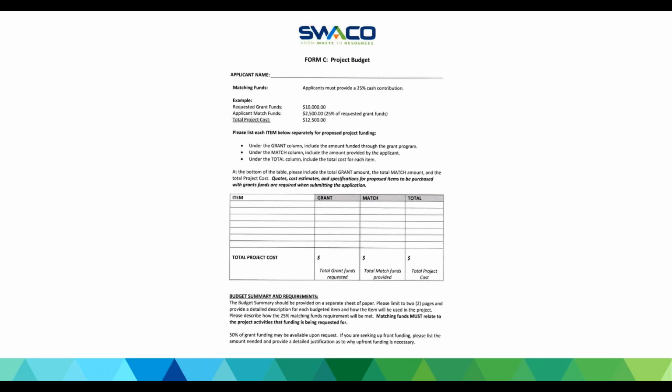Supporting documentation pertaining to your request can include quotes for equipment, supplies, and professional services. Again, we're looking for a scope of work relating to the professional services. If you have a contract, you could provide that as well. But we cannot award funding for any items that do not have supporting documentation attached.